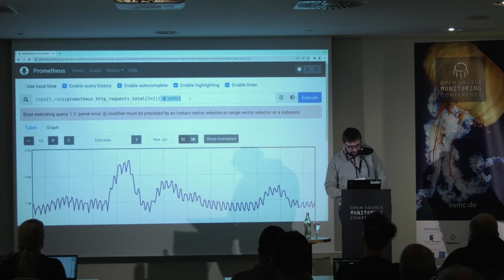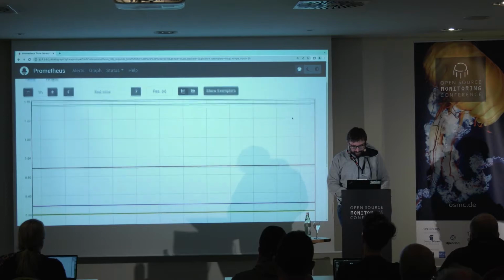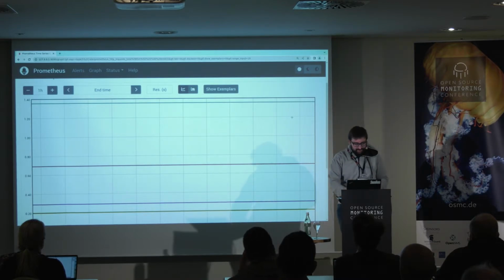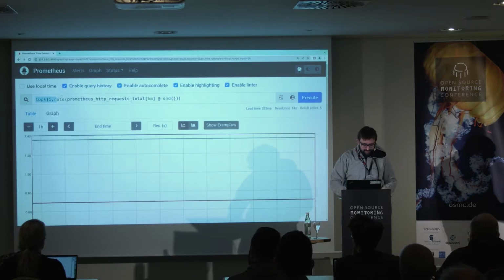And you need to do this at this place, like this, and execute. Of course, this is showing you the value at the end. So for all the data points, you have the same value. So you need to still use the first rate as a selector. So if we do this now, like this,